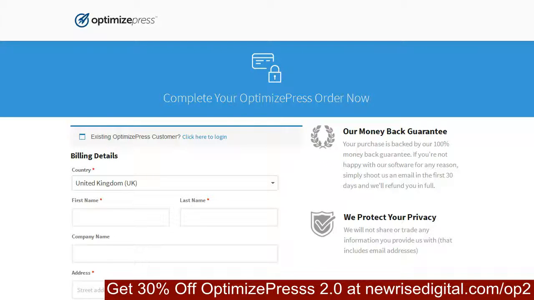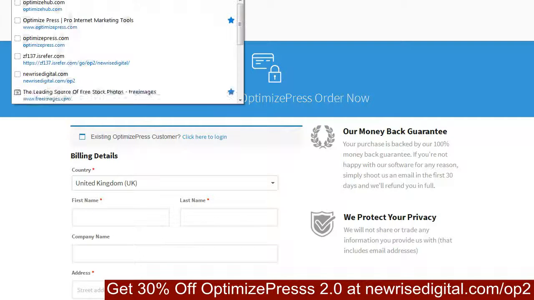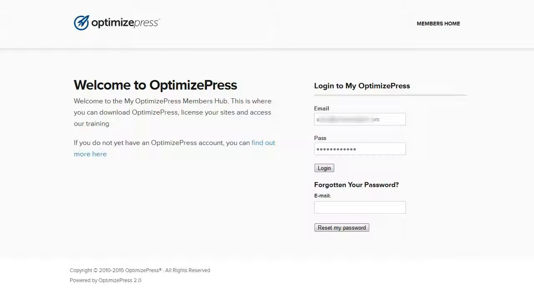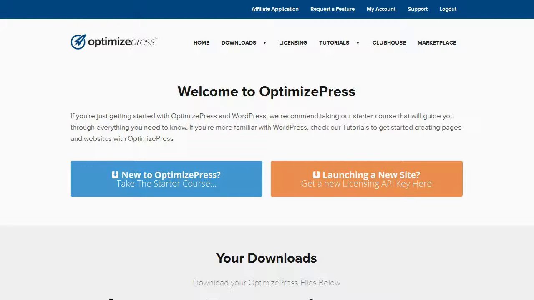Once you've signed up for the Optimized Press plugin, next thing you need to do is head on over to optimizehub.com, and that's where you'll be able to download the plugin. You'll get an email with a link to that once you've signed up. So we're just going to go ahead and log into our members area where we can download this plugin. Okay, so once you've logged into the Optimized Press members area, first thing you want to do is download the